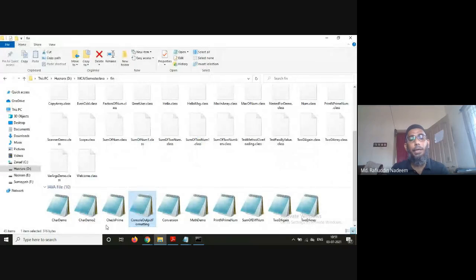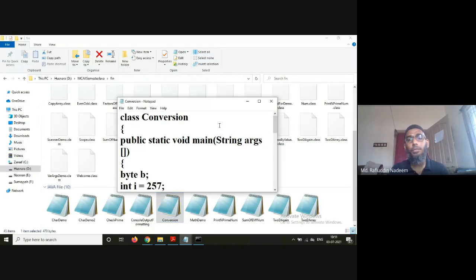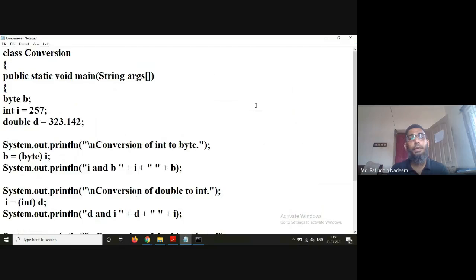And then we have the conversion. This is about converting values from one data type to another. So I declared a byte b, and the value is displayed. Then you have an integer i, which is assigned 257. Now, conversion of integer into byte.